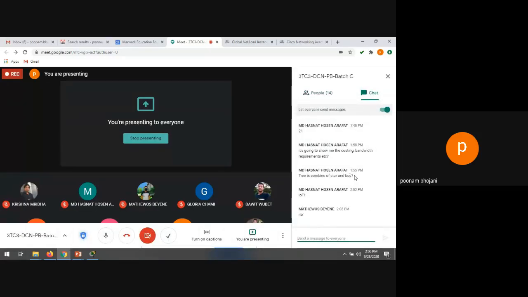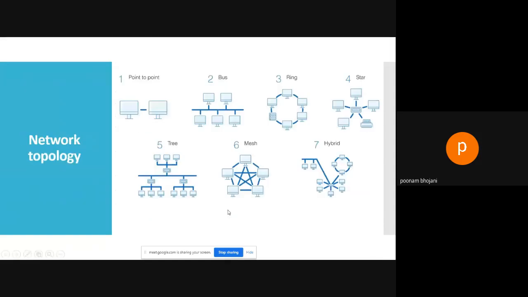Tree is a combination of star and bus. Actually, you cannot say it exactly like this, because in a tree topology, let me show you so that you can understand more properly. Yeah, in a tree topology, the end devices are not connected with a bus. Hubs are connected with a bus, right? So that's why I cannot say that it's a bus connection where the devices are connected. Devices are not connected with a bus, right? Only the central controllers are connected with a bus. Okay, so it cannot be a hybrid topology, but yes, it is a separate topology which is using a bus for connecting different hubs.